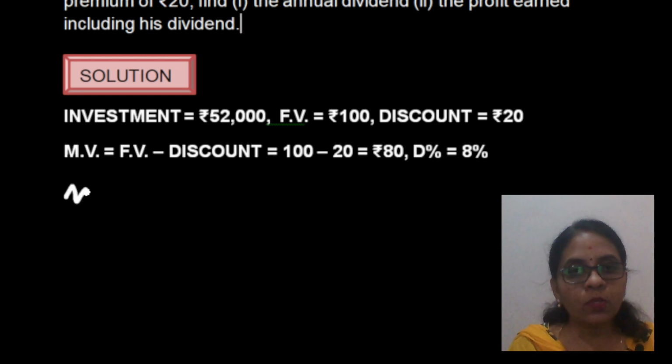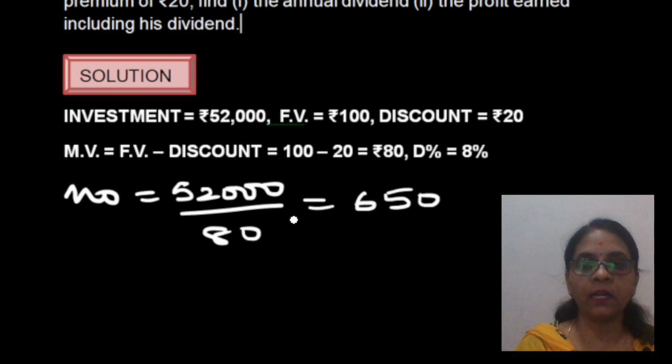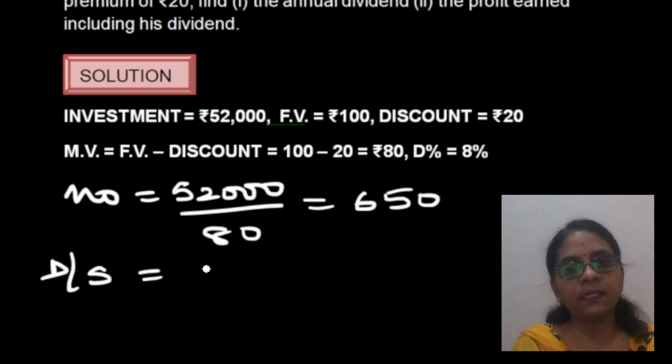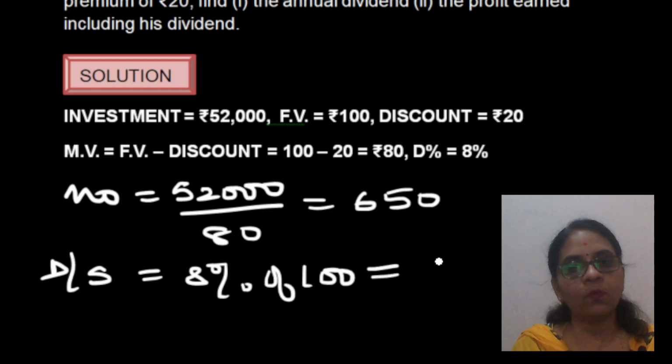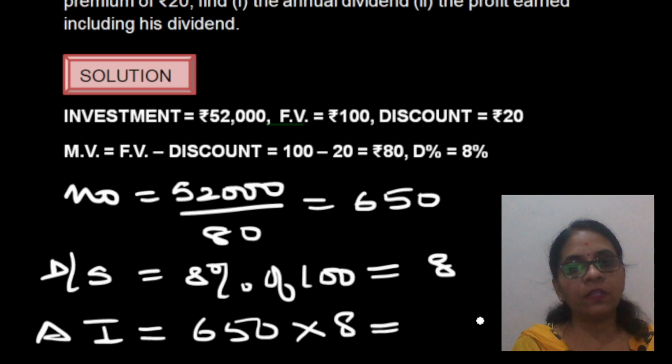number of shares. So the number of shares is equal to investment 52,000 by market value, which is 80 rupees, which if you cancel and simplify, you get 650. D per share. D per share is equal to D percent of face value, that is 8% of rupees 100, which is equal to 8 rupees. Annual income. Annual income will be 650 number of shares into D per share. 650 into 8 is 0, 0, 48 plus 4,